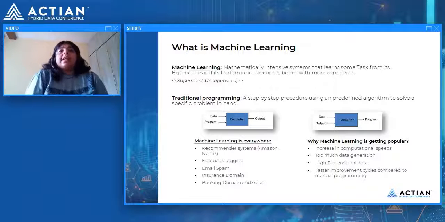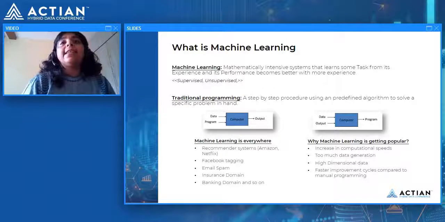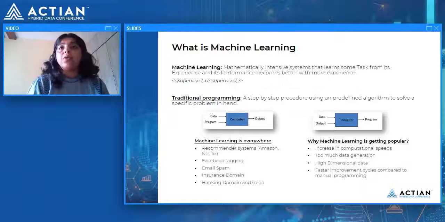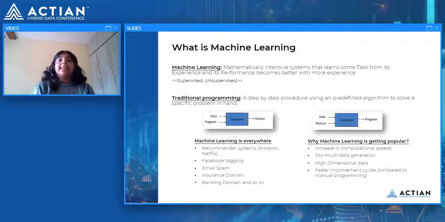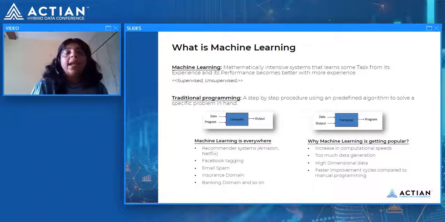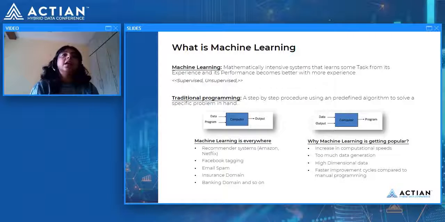Again, if you see in my PPT, there is a very simple diagram between a traditional program and a machine learning program. In a traditional program, you just give in data and a program and you expect some output. Like in the previous slide, we discussed that you would be giving data such as A as input, and your program is simply to classify those integer values to 0 or 1. If it is greater than 10, then you classify it as 1. If it is less than 10, then you classify it as 0. That is the output you are expecting.